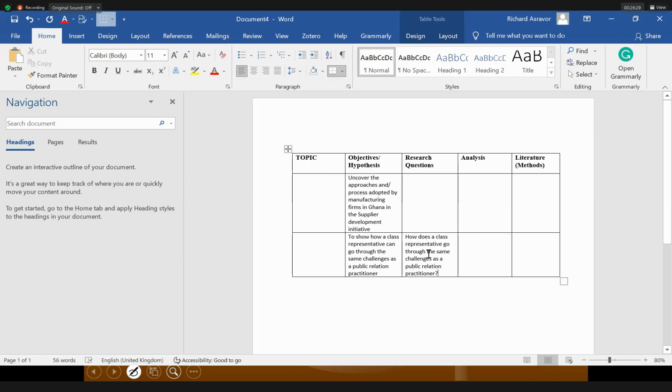You see, you might have a very nice objective, but at the end of the day, you'll find it difficult analyzing it. So take your time. If you don't know how you are going to analyze, don't worry so much. Go to the literature. And when you're reading the literature, look at the method that has been used to analyze it. And then you come back here, and then you put your analysis here. So when you are able to do that for all your objectives, at the end of the day, you just say, okay, objective 1,